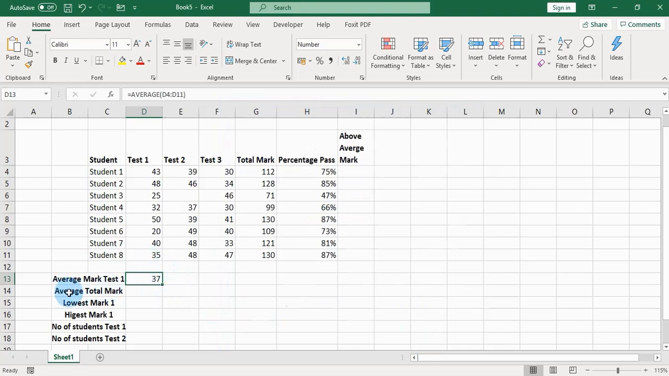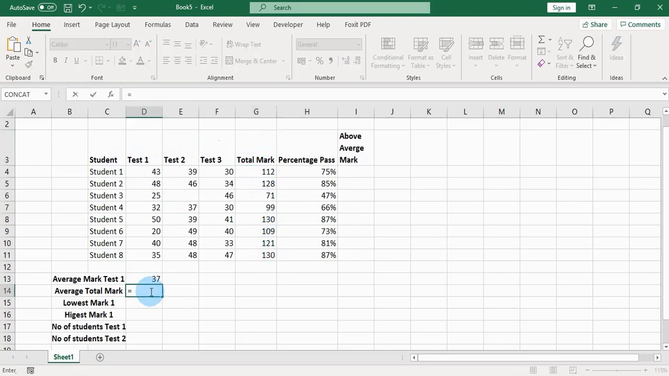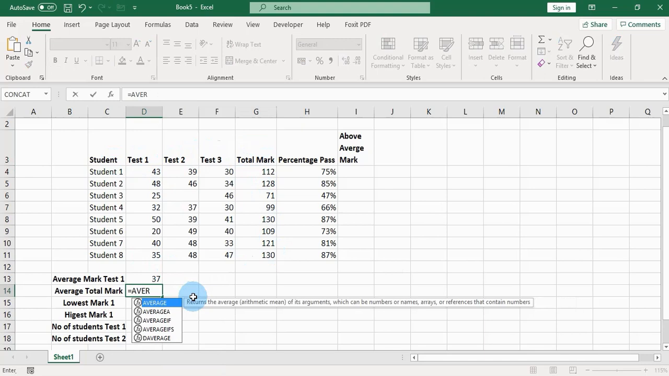Now I want to calculate the average total mark. So I make that cell active. Now for average total mark, from this column you will see the total mark here, the column total mark. So I'm going to calculate the average total mark. So I'll place this there and put in my formula, or the function. It's called formula or function. I will type in the average formula again,